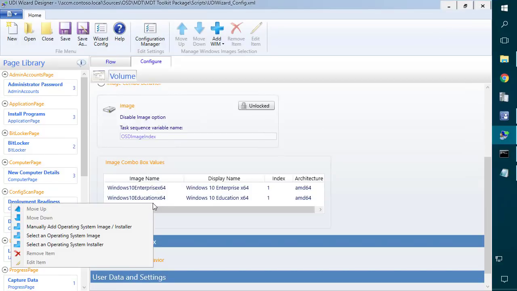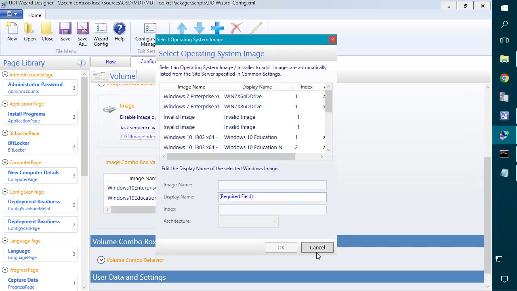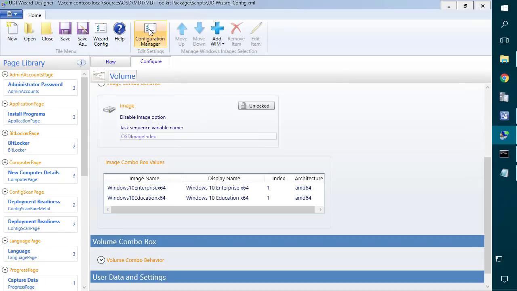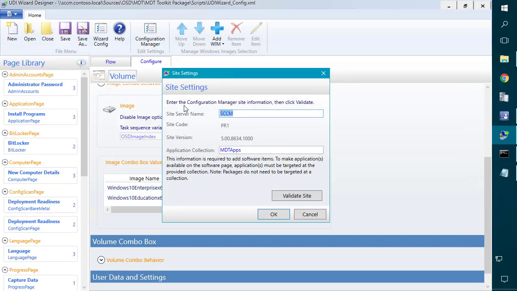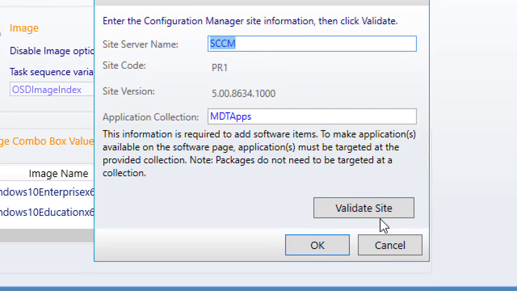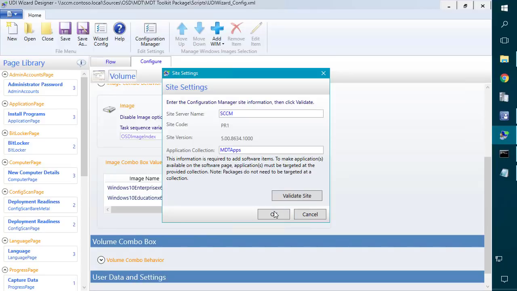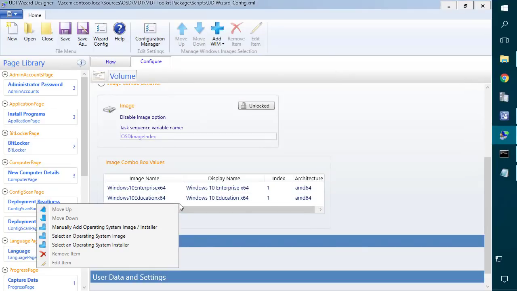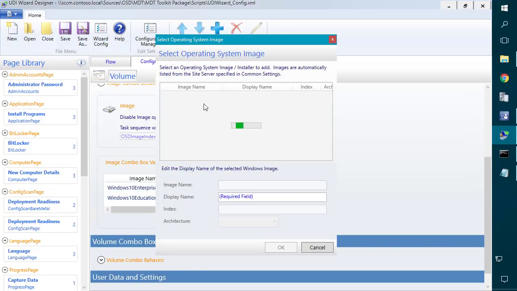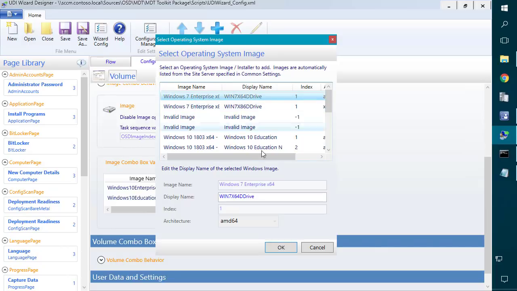Now, if you have images in your SCCM, you can actually choose to select an existing image that will browse out to your site. You might have to go to the Config Manager tab and tell your site, give it the site code in the server and choose Validate if you had never set this up before. Otherwise, it wouldn't load that. So if you wanted to, you could actually use that option, and then we could browse out and choose our Windows 7